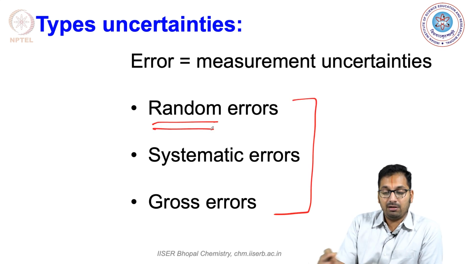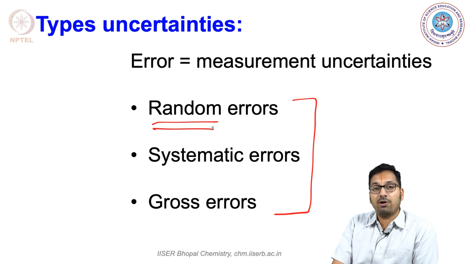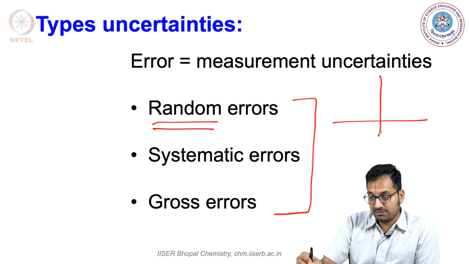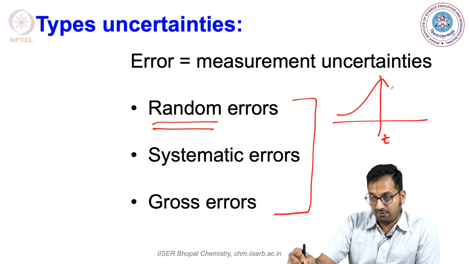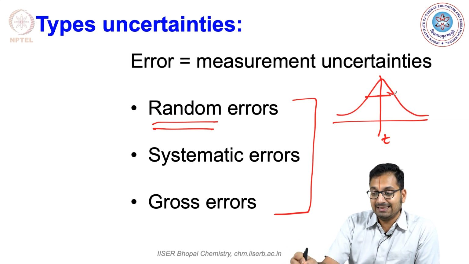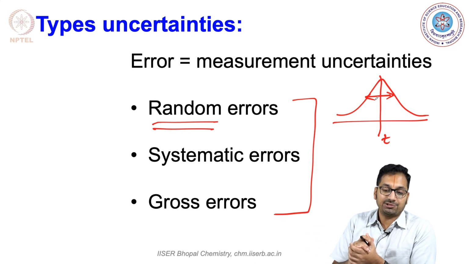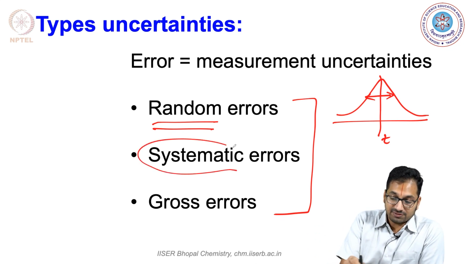One is random error, quite a bit of which we saw in the previous week. We will be seeing more about it as we go forward. This is one error where, let's say this is a true value, you're going to have a distribution that comes across. This results in the spread across the mean value which you ended up measuring. On the other hand, you could have systematic errors.